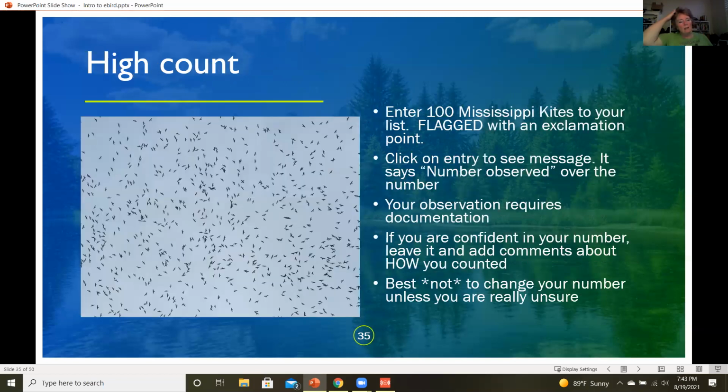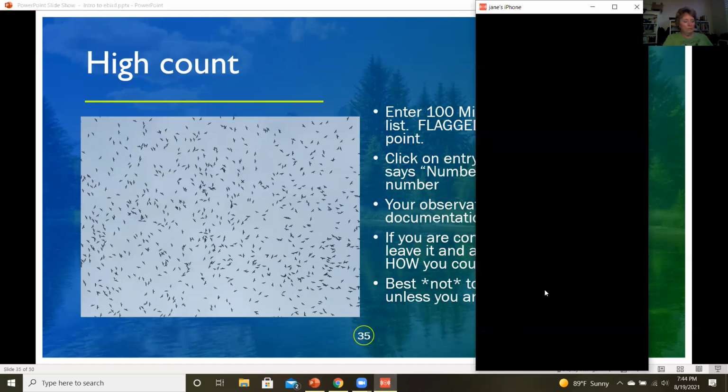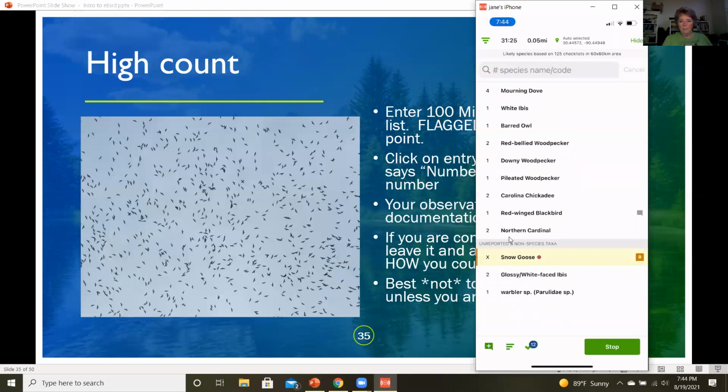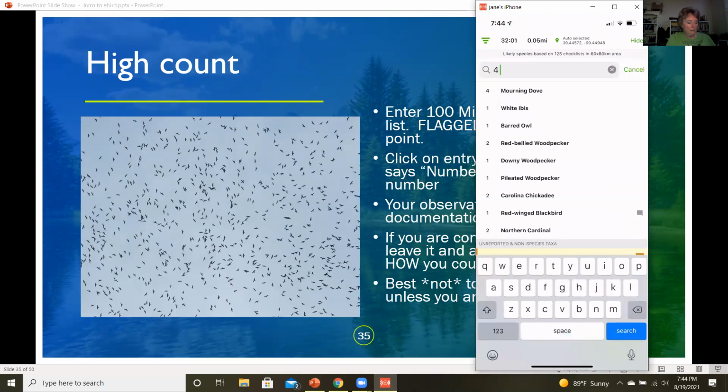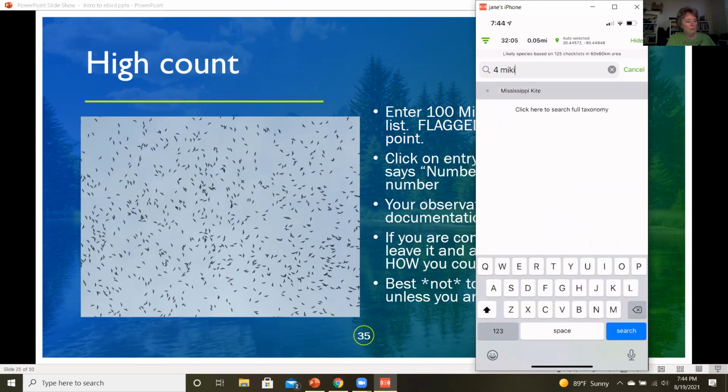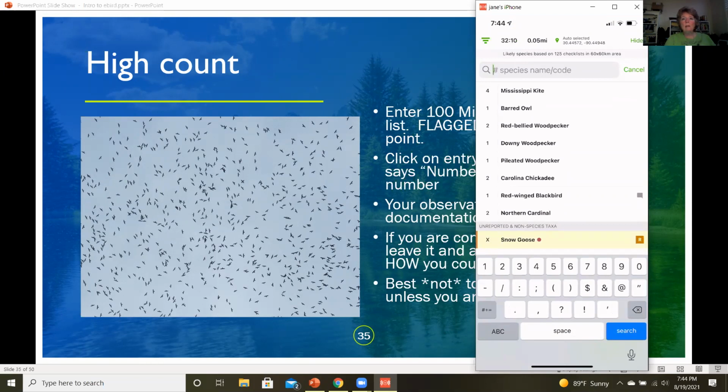You have a couple of different ways that a sighting can be flagged. For example, on our list today, we have lots of Mississippi kites outside right now. All of the babies have pretty much hatched, and they're out fending for themselves and flying overhead, eating cicadas and dragonflies, and they're starting to gather into what we call kettles in preparation for migration. So it's entirely possible that you might see a group of Mississippi kites this time of year. If you were to put in, say, 4 Mississippi kites, that would be perfectly reasonable, and it does not get flagged. But if you see a group of what you estimate to be 100 Mississippi kites, and you put that in,